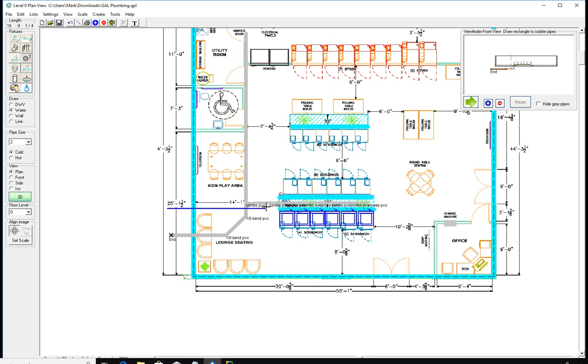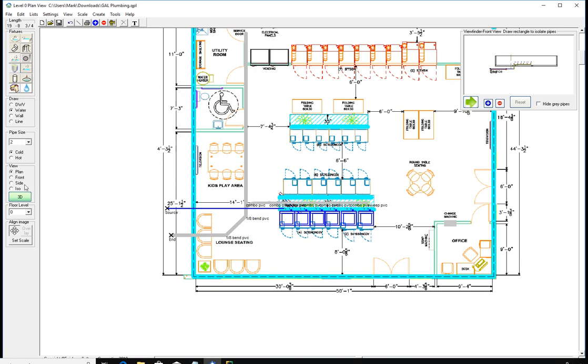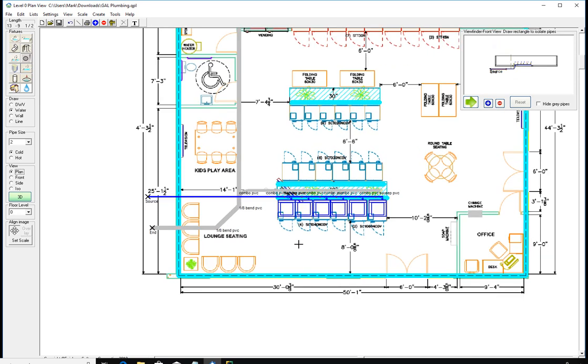We'll go ahead and bring in our pipe under the slab and go to front view, and we'll just make 45-degree connections until we get above the floor, and then we'll turn horizontally at the floor level. And there's our cold water. Go back to plan view,